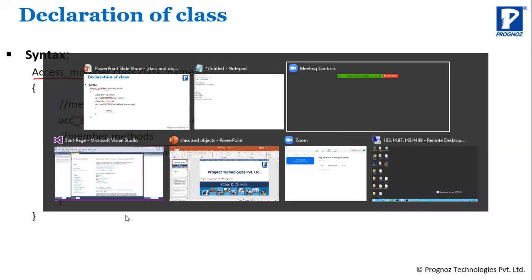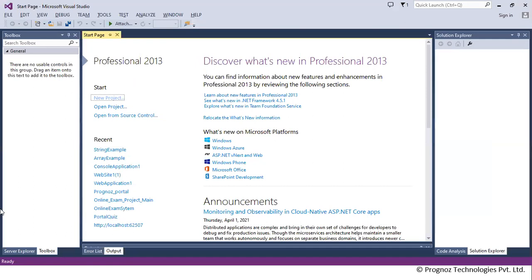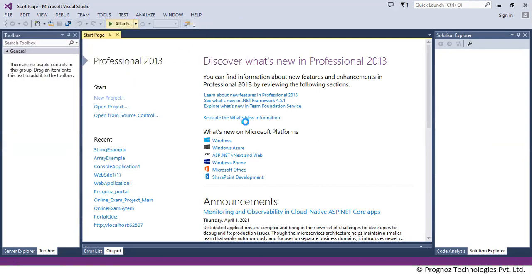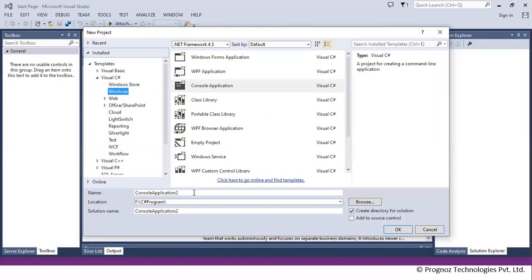So let us see how to do it practically. Example: I'm just going to declare a calculator class.